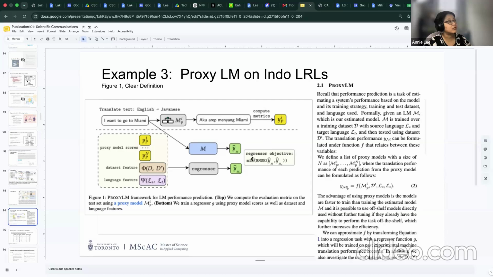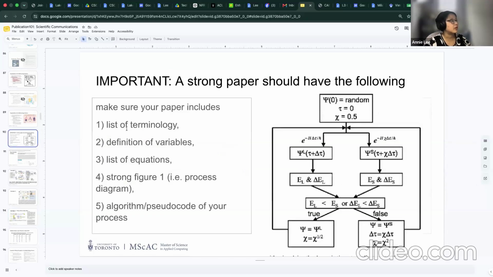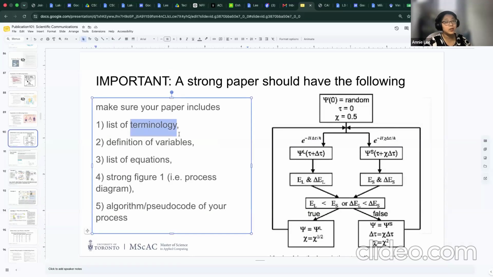We had to define regression terms and objects or metrics. All of those had to be defined. So a part of your methodology process is having a list of terms and things that you're using, your variables, your equations. All these will really help you write up